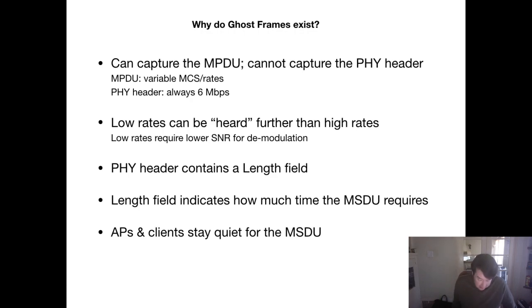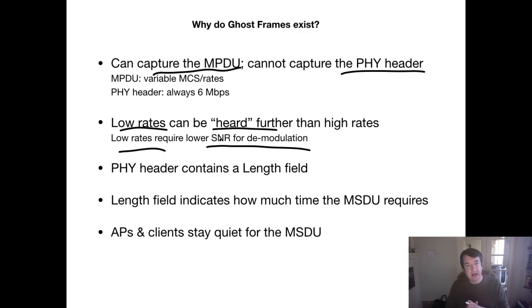So getting back to what I was mentioning here, we can capture the MPDU, but we cannot capture the physical layer header. Okay. So that's fine. We can capture the MPDU. We can't capture the physical layer header. But then a second thing that goes on top of that is the fact that low rates can be heard further away because lower rates don't require as high of an SNR for demodulation. So if I were to diagram that out here,